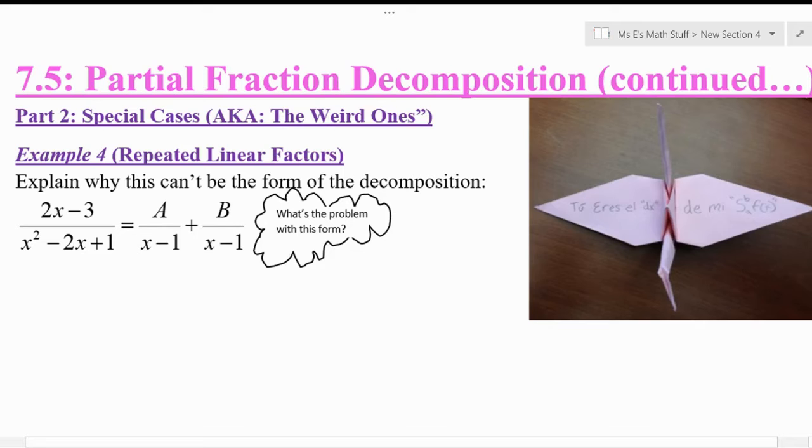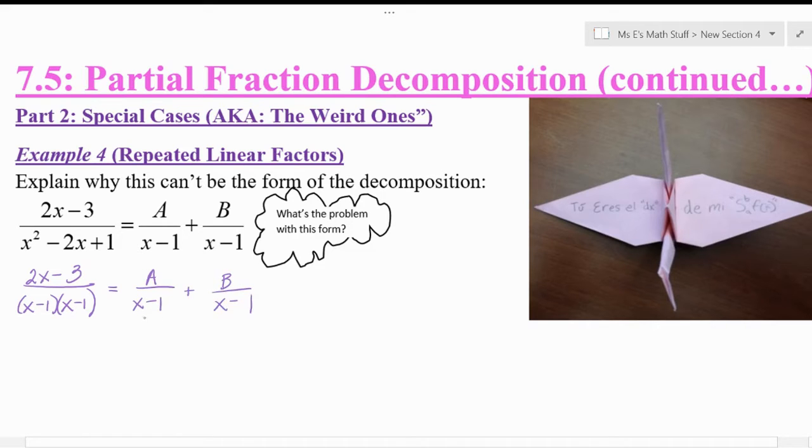So let's talk about this form here and what's the problem with it. The number one problem with it, my friends, is this: does 2x minus 3 have x minus 1 times x minus 1 as its factors? Absolutely. But with this repeated linear factor, if you go with exactly what you see here,